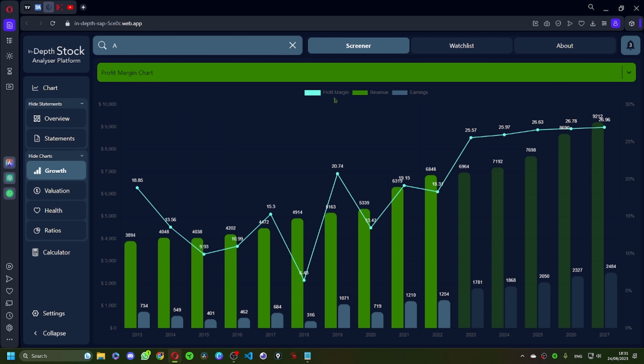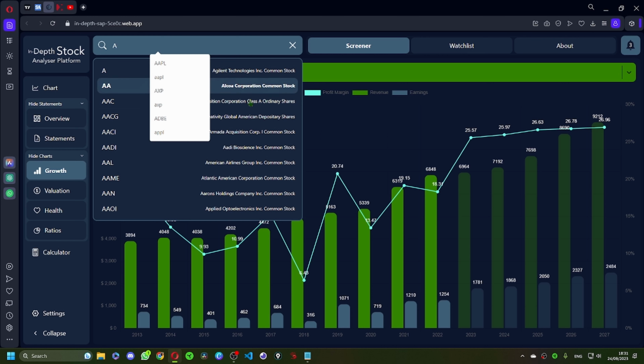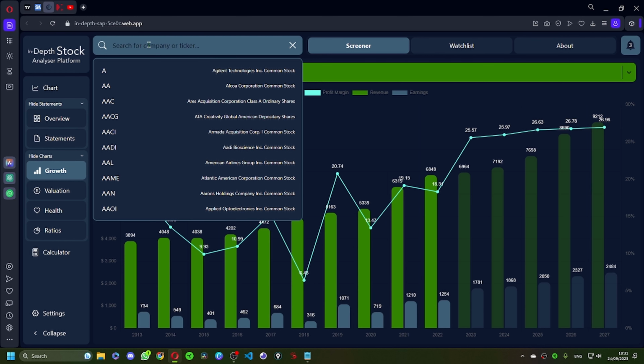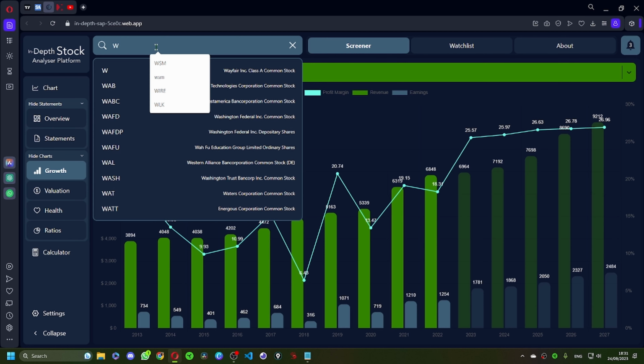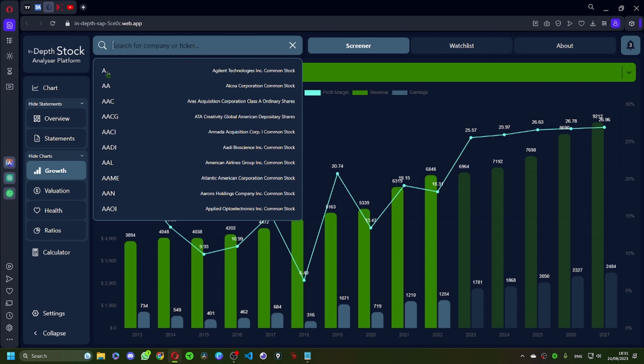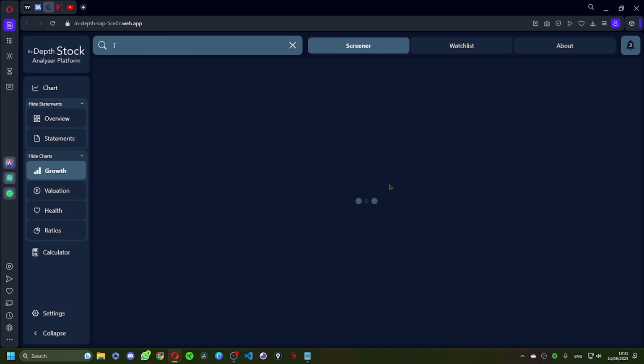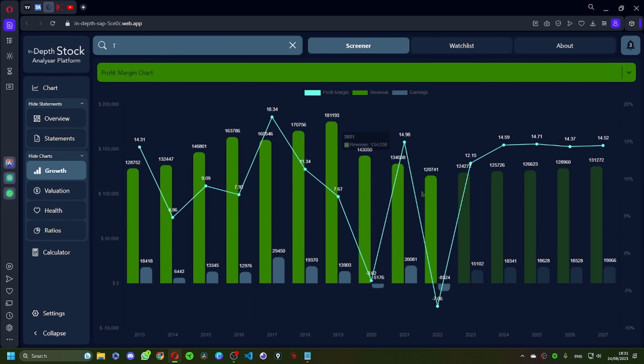So for example, Agilent Technologies, actually in 2020 the results are pretty good. But if you look at something like, I don't really know now. Let's just look at Walmart. Is Walmart a thing? I don't know. You'll see, if we go to Tesla, for example, that in 2020 they have a loss